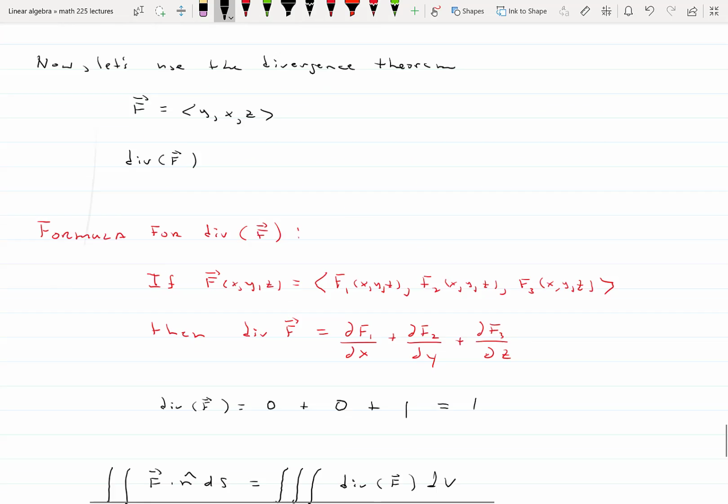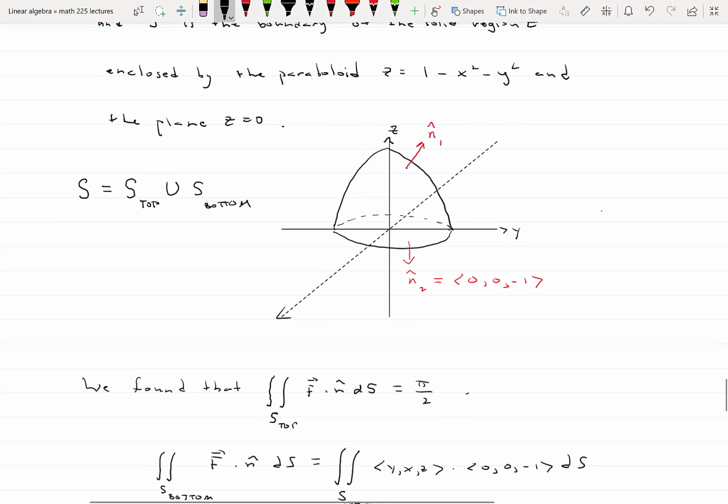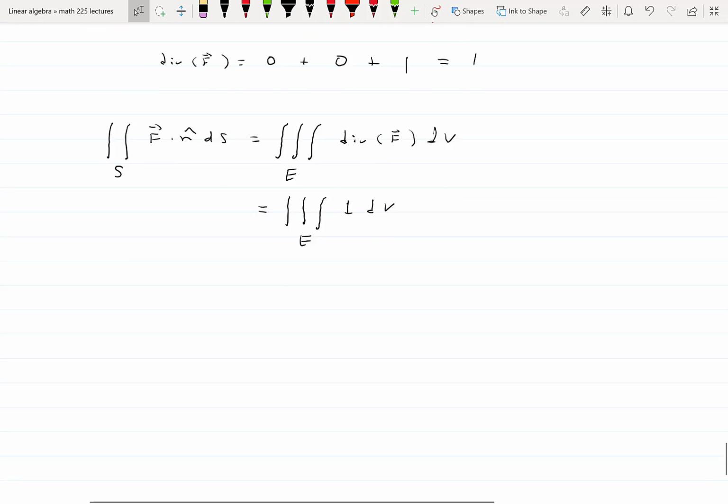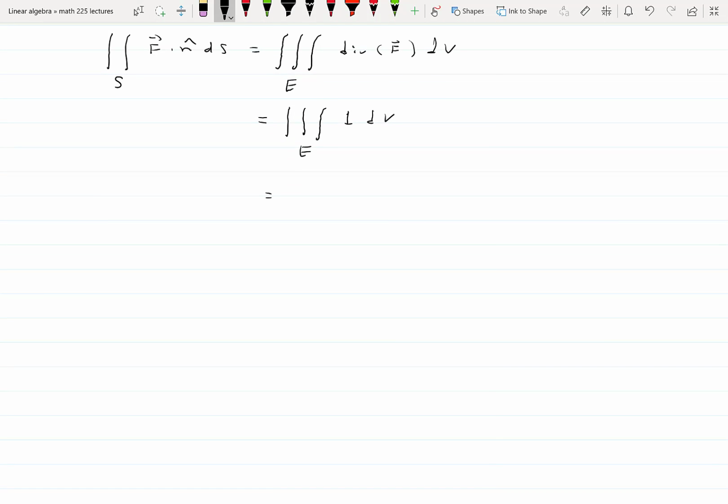In this case, since the divergence is 1, we're just looking at the volume of the solid. Now remember, the solid is enclosed by the paraboloid above and z equals 0 on the bottom. So we can interpret this as a type one region very, very simply. We can integrate from z equals 0 to the paraboloid, 1 minus x squared minus y squared, dz,